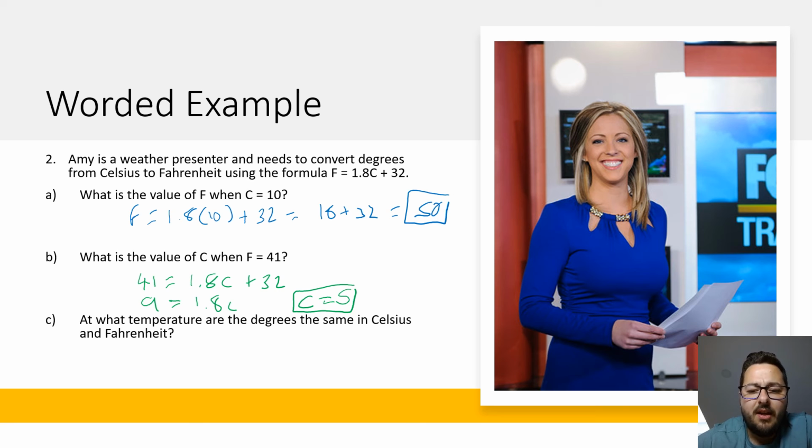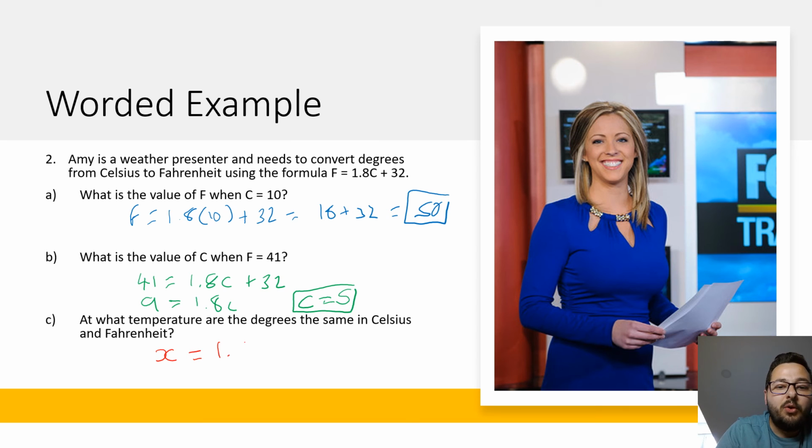Okay, and then finally, a bit of a trickier one. We've got, at what temperature are the degrees the same in Celsius and Fahrenheit? So we want them to be the same. So instead of F and C, let's just call them the same. Let's say they're both X, for example. So here we've got X